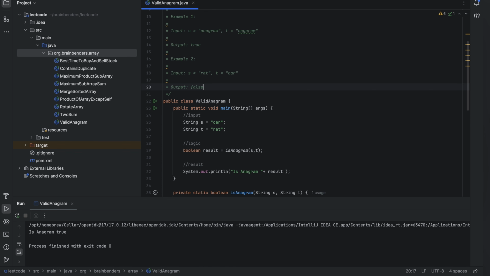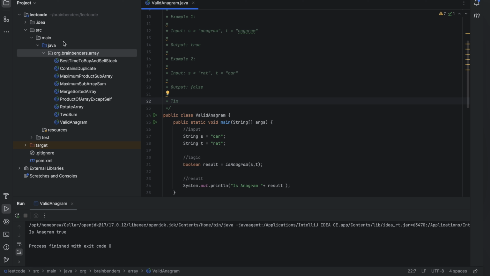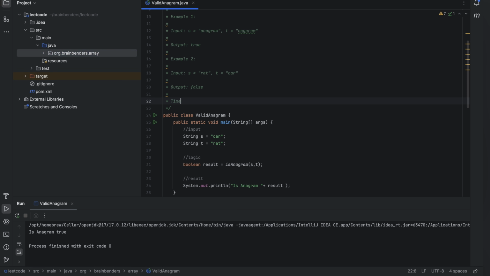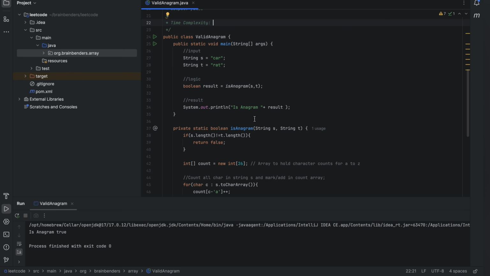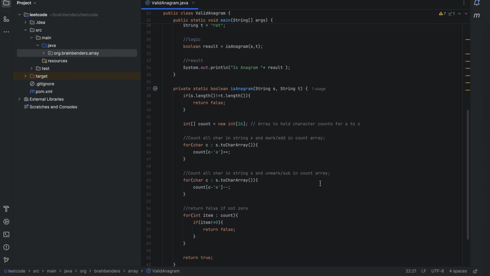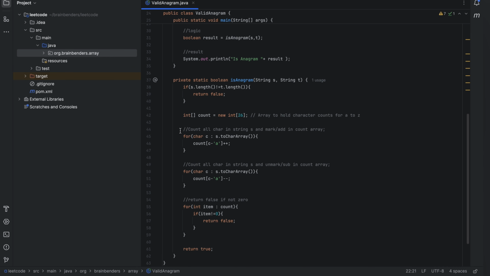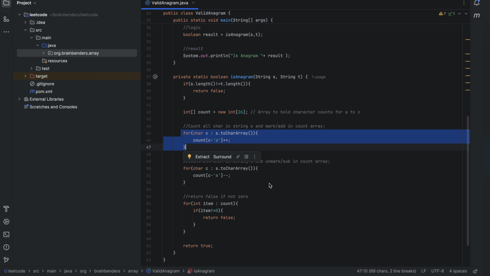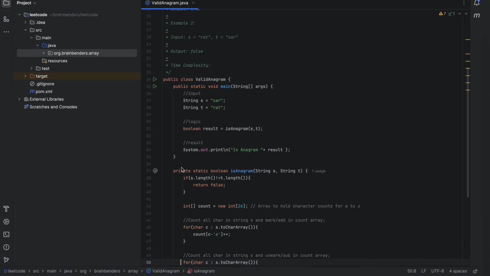So the time complexity of this, let's discuss time complexity. As you know, we already talked about the brute force solution, but this is the optimized version. So time complexity over here, you see, if we have two strings s and t, which are like n1 and n2 size in terms of total number of characters, and what we are doing, we are just iterating till the length of the characters. So it will always be O of n, and